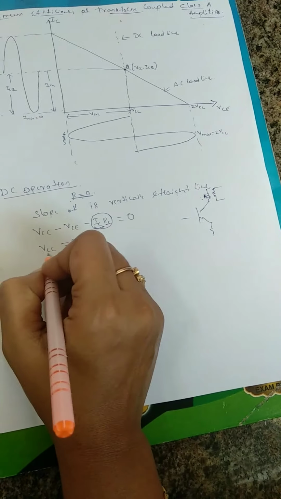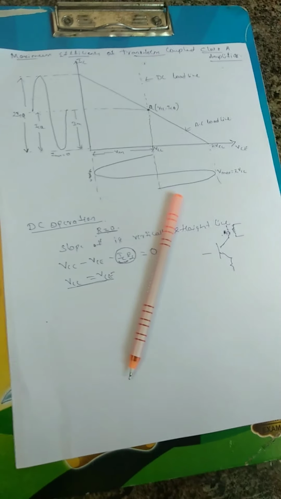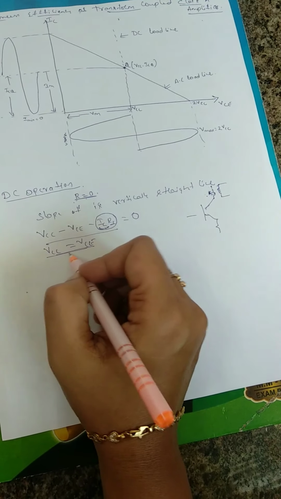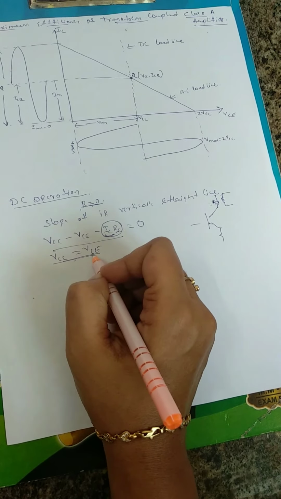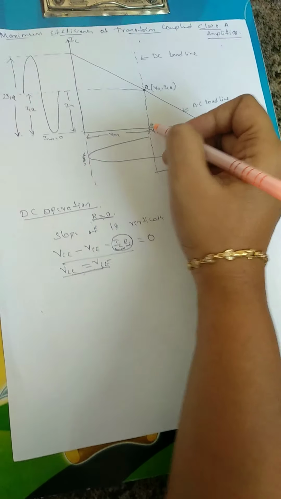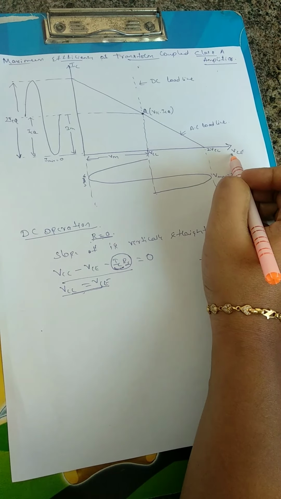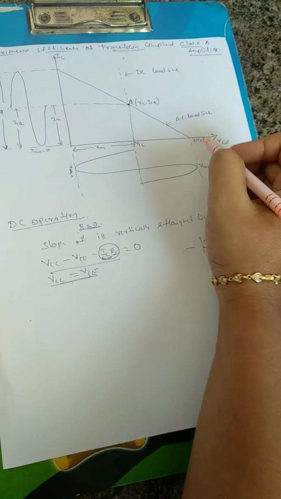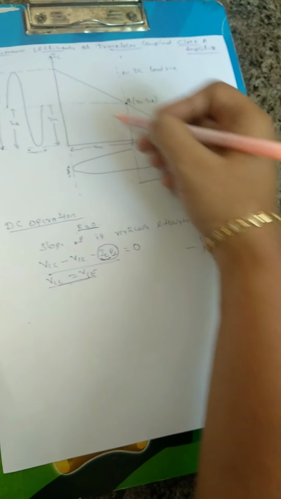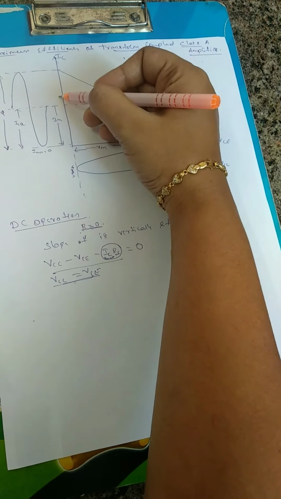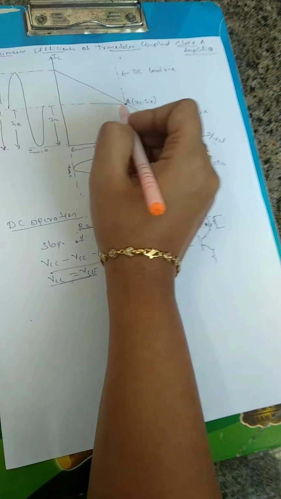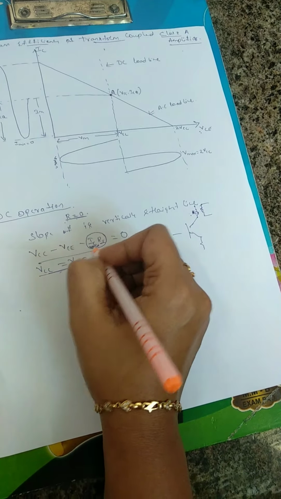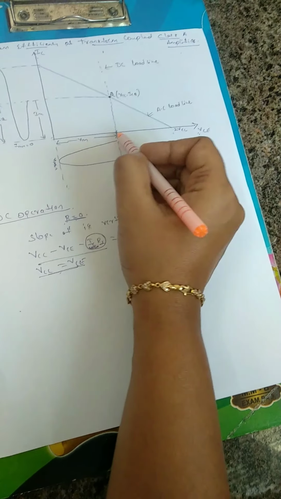As we said in the previous video also, the DC load line is drawn according to this equation. So now we have the DC load line, VCC is equal to VCE. It is just a straight line. For the load line we plot VCE versus IC. The slope will not be a slant line, it will be a straight line. Why? Because the current is infinite now. Since this resistance is 0, the current will be infinite. There will be no limit to the current. So this is just a straight line.